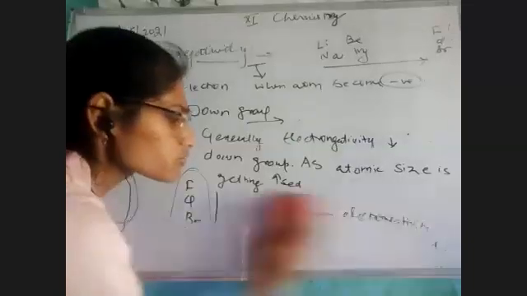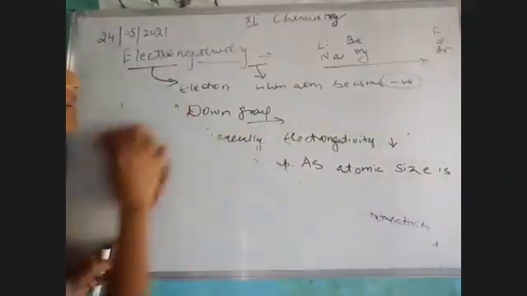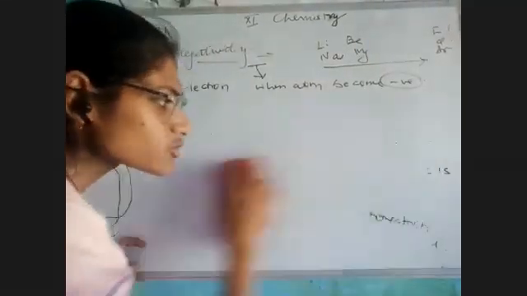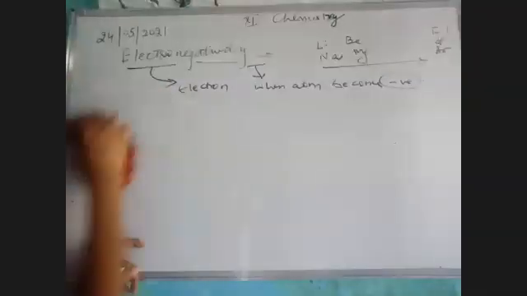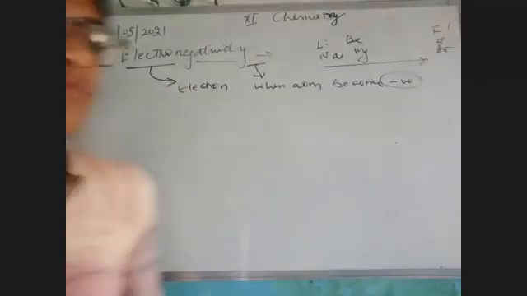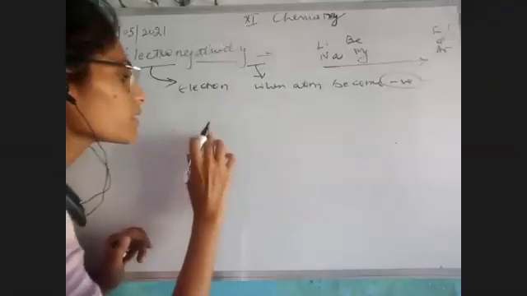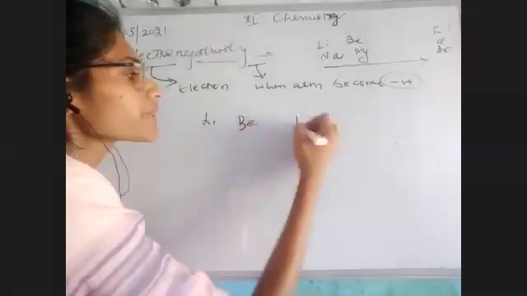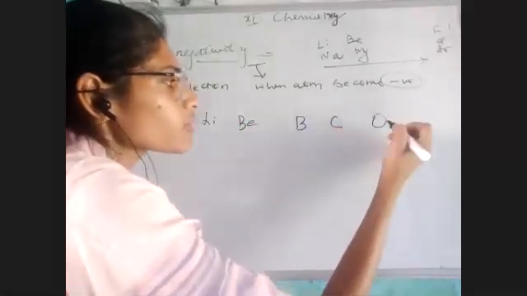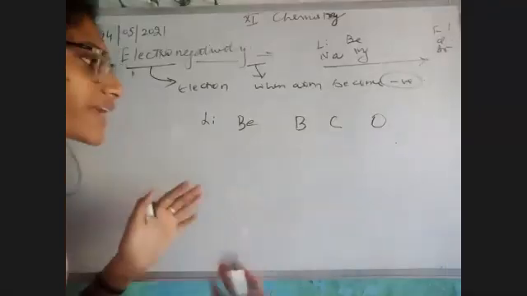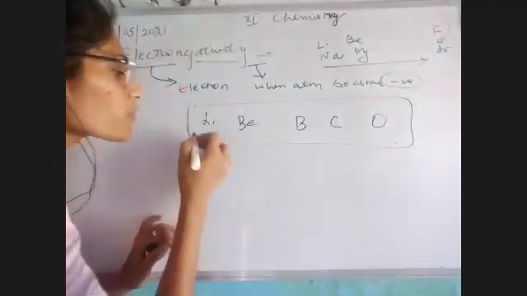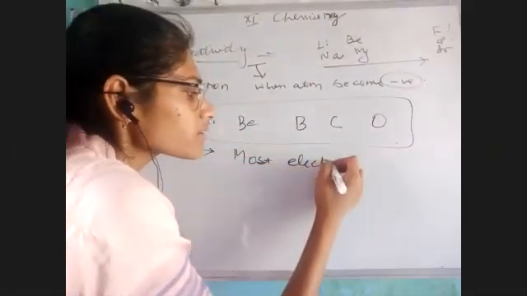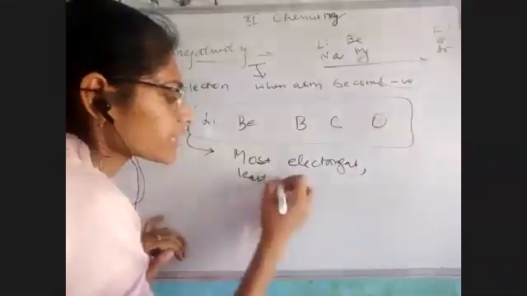Okay, I'm just going to read this topic. Please keep in your mind that what we are checking, either electronegativity or atomic size, you have to remember the question would be like, if I'm saying lithium, then beryllium, then boron, then carbon, then oxygen, and we have given these 5 elements, you would be asked, tell me which element has the most electronegativity and which one has the least electronegativity.